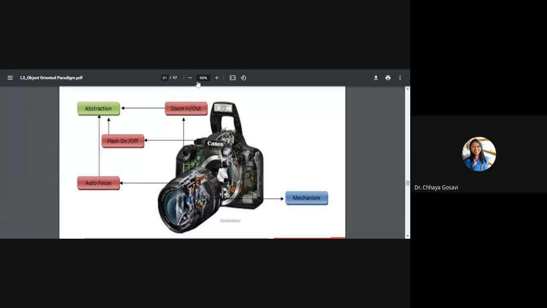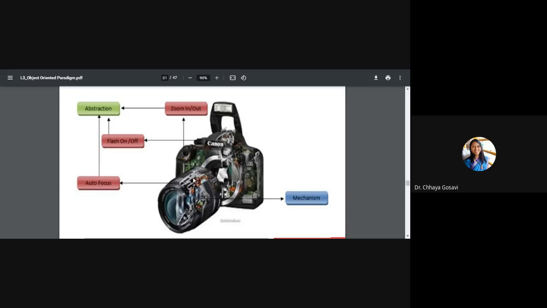What is this? A camera. So tell me, what is abstraction and encapsulation here? These are the buttons: flash on and off, autofocus, zoom in, zoom out. How it works is not necessary for the user to know, but these buttons are provided directly.